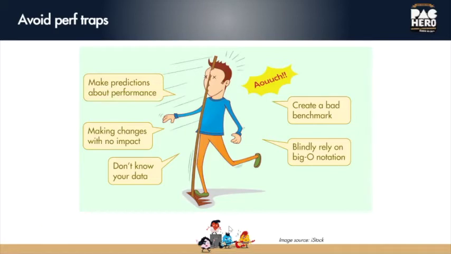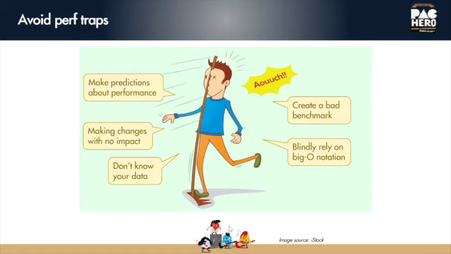The second trap that I see is that people make changes with no impact. For example, people change i++ to ++i all over the code base and hope that it will magically speed up their program. However, in most cases it's just a wash, with no impact on performance whatsoever. So do not rely on your intuition. Rely on careful performance analysis, on collecting specific performance metrics and interpreting them.